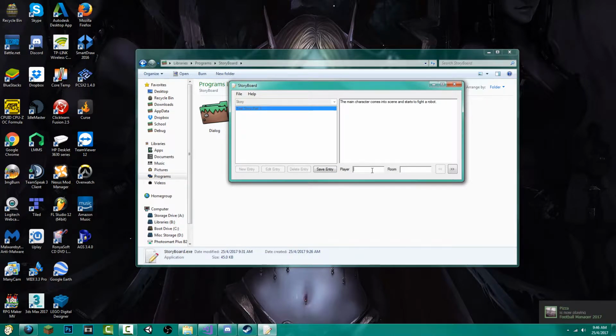And then we could say the player is, I don't know, we'll say Johnny, because that would be our main character. And then the room that this would be happening in, not necessarily the room, but it could be the scene or the place on the map. We could just say the junkyard. And then we can go to the next page, and then we would say